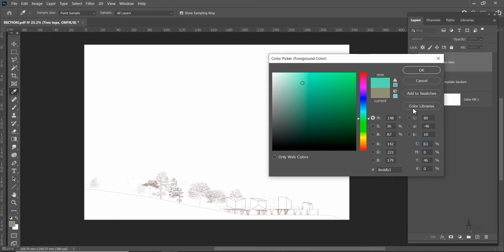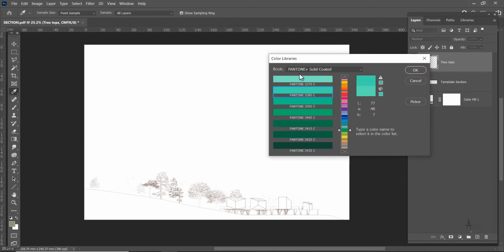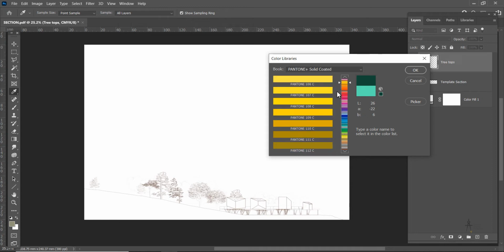So for this, if you click on color libraries, you have families of colors. Photoshop is doing the work for you here, and I highly recommend, if you are not an expert, which you probably are not, just choose one of these color families and go with it. There's millions of colors, and it sort of does the work for you, because you can also note down the colors